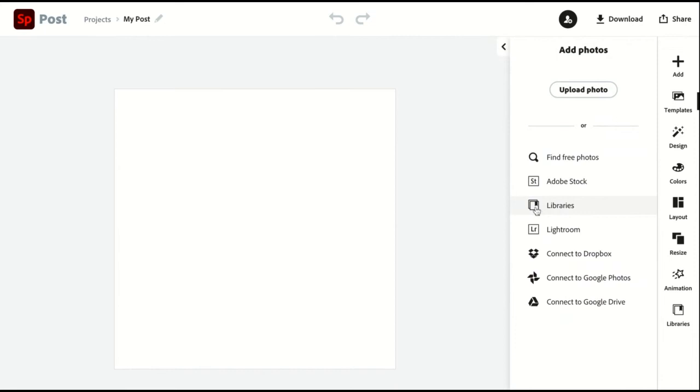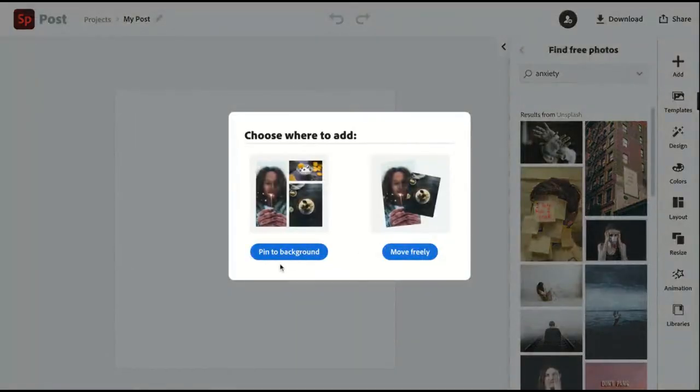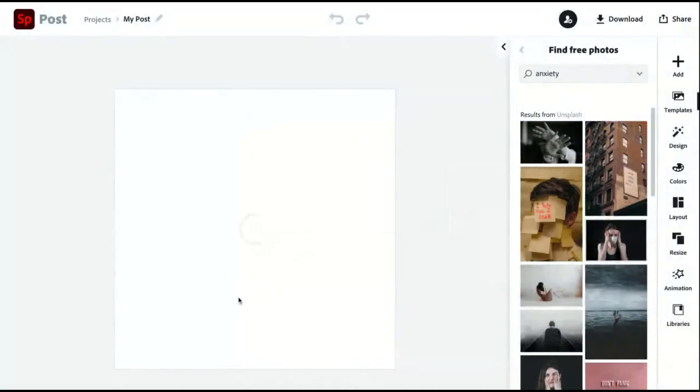I can also access, if I'm a Creative Cloud user, libraries of content that I have in my Creative Cloud, also from Lightroom, Dropbox, Google Photos, and Google Drive. Wherever you store your images, you can pick them up here. But I'm just going to use this amazing free photograph. And I'm just going to pin it to the background.